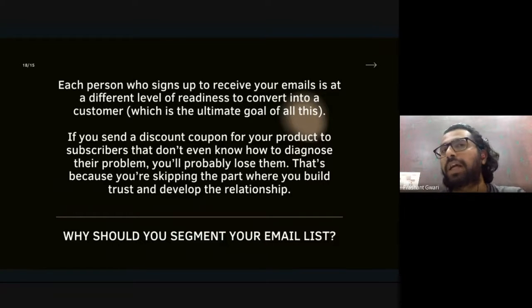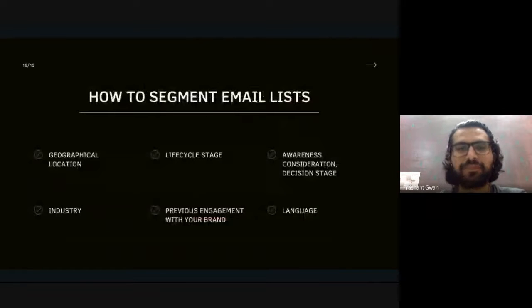Those who are ready to make a transaction, you can send them a one-on-one consultation or free demo classes. Those who are in the awareness journey, you can send them a blog with the email marketing campaign, like the future of digital marketing, or how you can become an entrepreneur, that kind of thing. So depending upon your segmentation, you will send different email marketing campaigns to different email lists. These are the most famous segmentations of an email list. You can divide them in these stages.